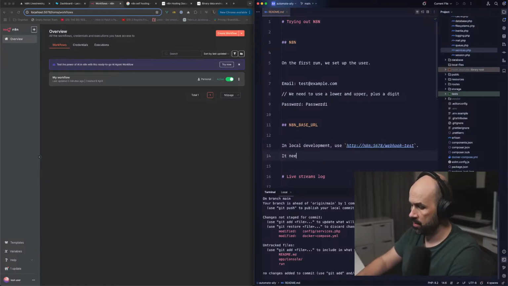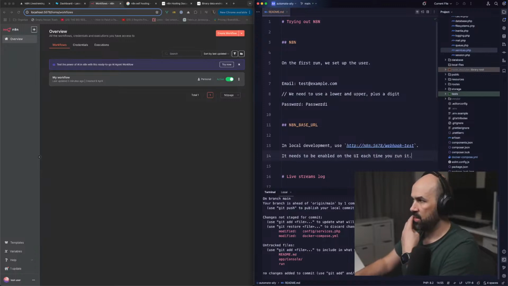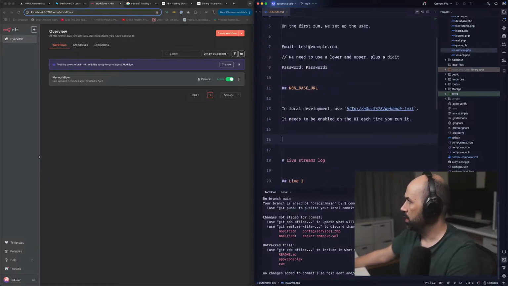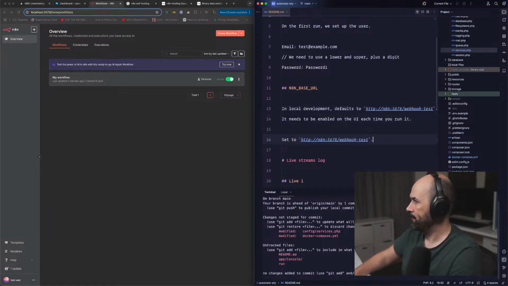It needs to be enabled on the UI each time you want to run it, because it's a step-by-step debugging and so on. Defaults to, set to... should be HTTPS, right?